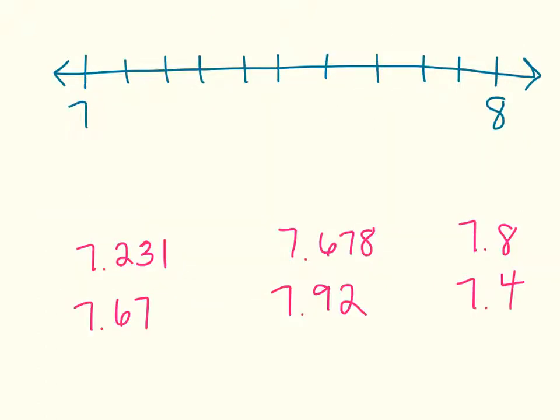Let's try a few more examples. This time my number line is numbered from whole number 7 to 8, and once again I have made sure that I have 10 spaces in between. So I know that each tick mark is worth 1/10. So if I look at this first example,